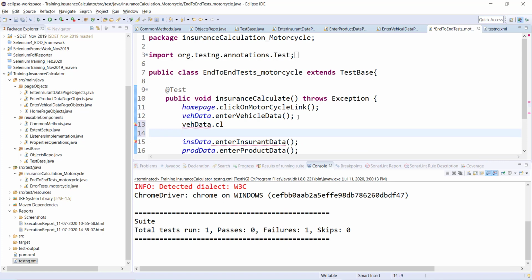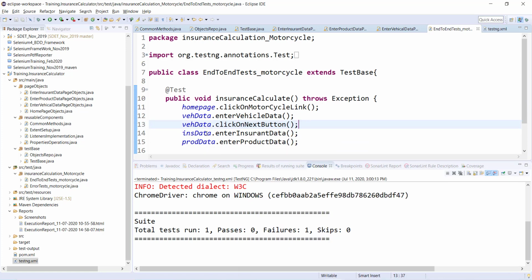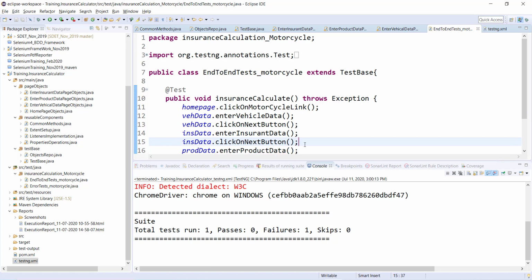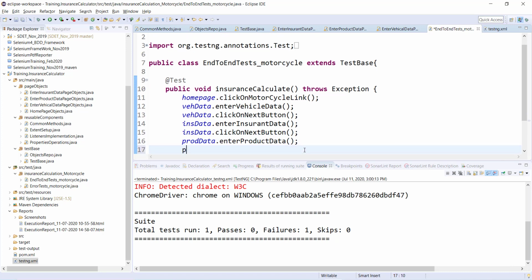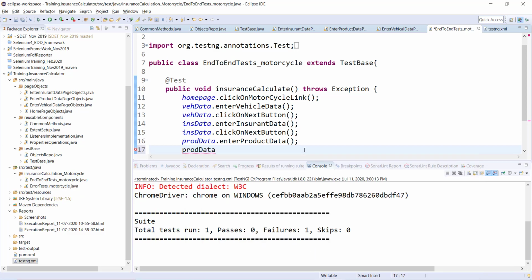Click on next button. Great. Once I enter insurance data, I should click on next. Once I enter prod data, I should click on next. Okay, should be good now. Let us run.